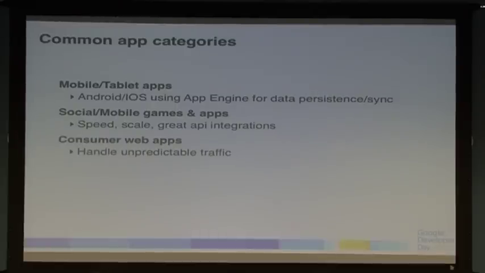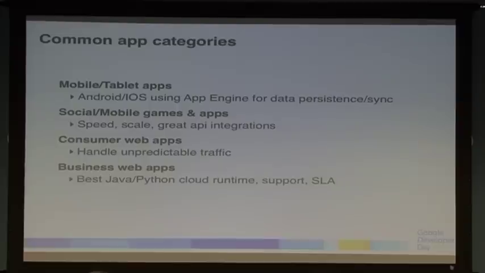Then we have just consumer web applications. So someone wants to build some sort of application that pulls consumer information and it sort of grows virally, or you want to do a business-to-consumer application where you don't know all of your traffic and how it's going to be handled. App Engine's really good at those. And then we really have the next generation of applications that we're going to start seeing on the platform. We have had businesses build on the platform, but now that we have Java, Python, we have our service guarantee, and we have our Cloud SQL database, we really feel that a lot of business developers that want to build